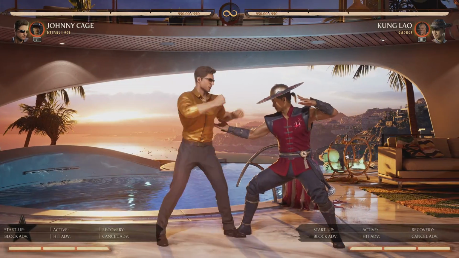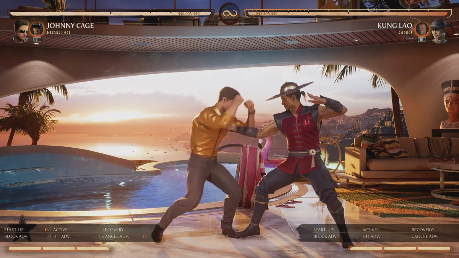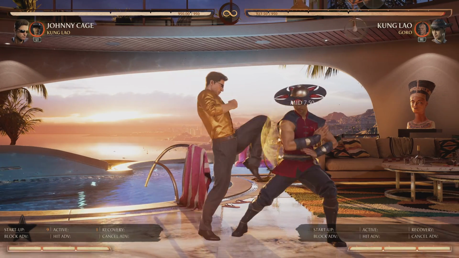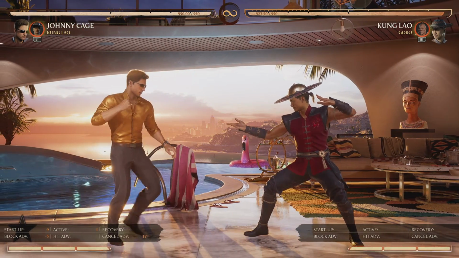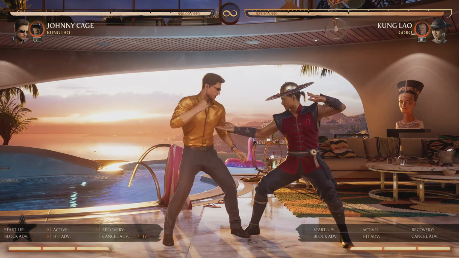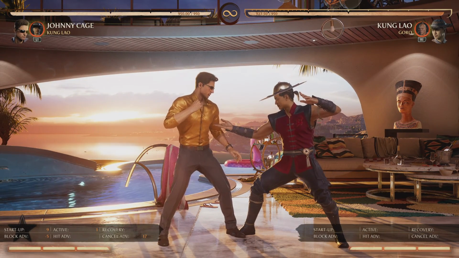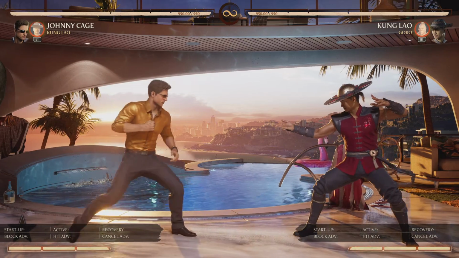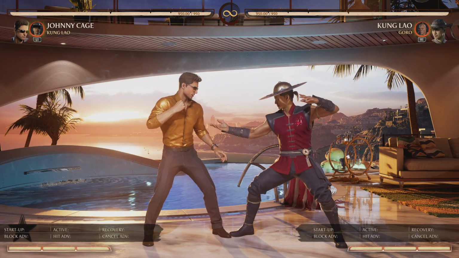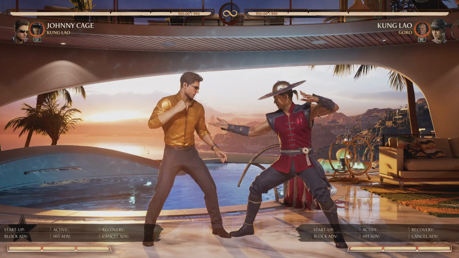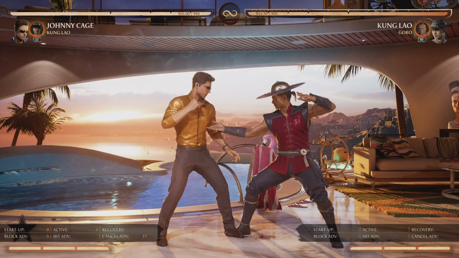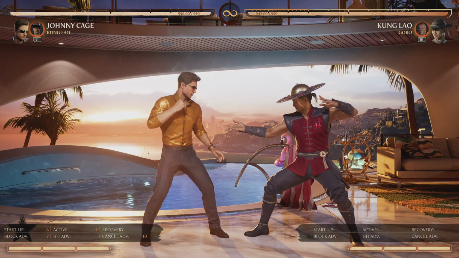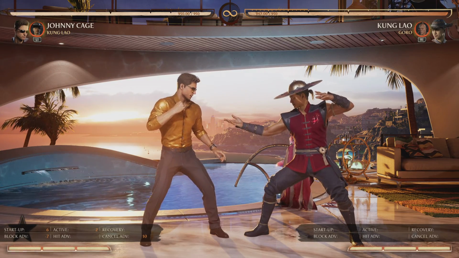So take those two numbers: plus 3 on block with 9 frame startup. In a theoretical sense, this move comes out in 6 frames because I am at advantage. 6-frame attacks, of which there are only 3 in this game, and Johnny has one of them, would at best, if timed perfectly, trade with Johnny's knee. And if you look at the whole cast, everybody else in the game besides Johnny Cage and Quan Chi have